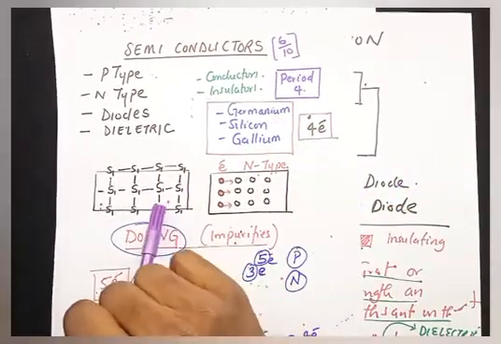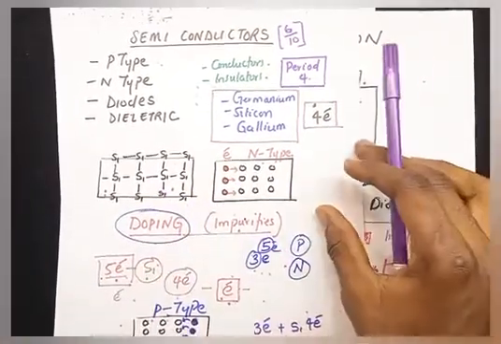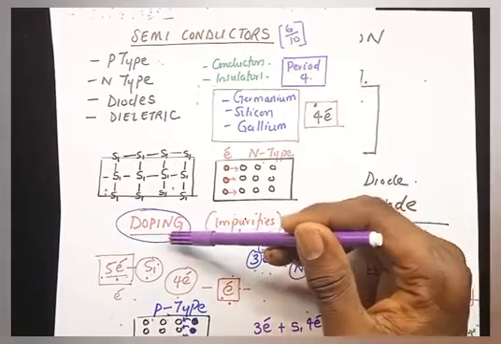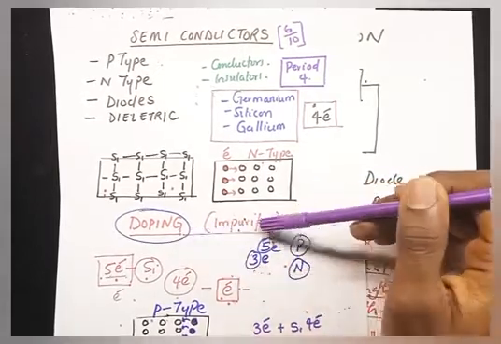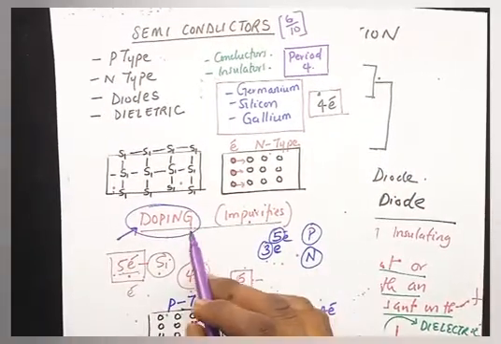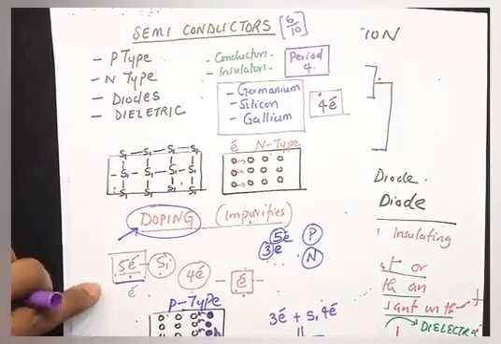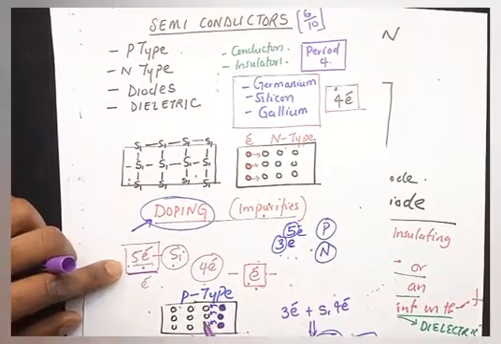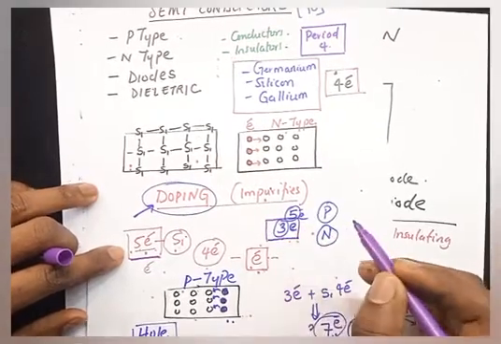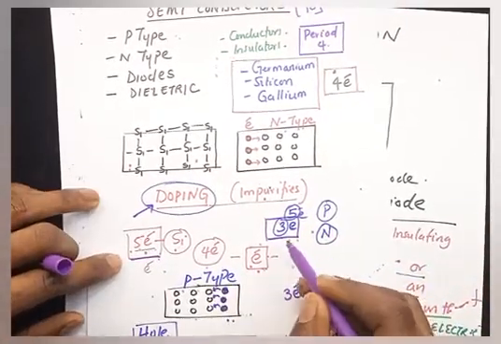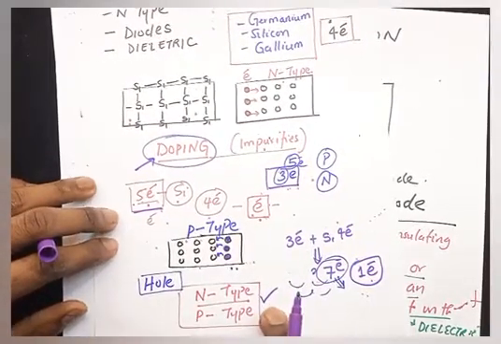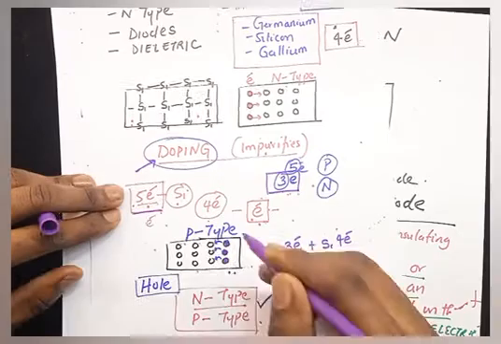We looked at the internal structure of silicon, and we saw that sometimes we can improve the conductive property of a semiconductor by adding impurities, and that process we refer to as doping. We can dope with a substance that has 5 electrons in its outermost shell, or a substance that has 3 electrons in its outermost shell. When we use 3 electrons, we have an n-type semiconductor. When you use 5 electrons, we get a p-type